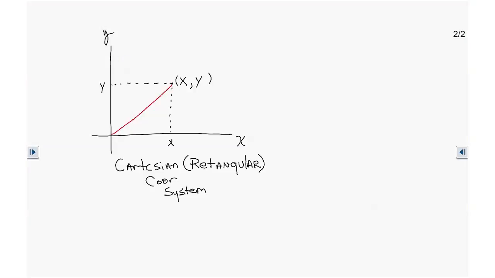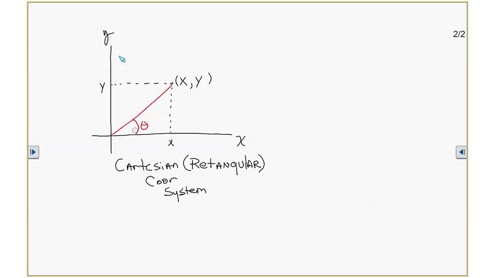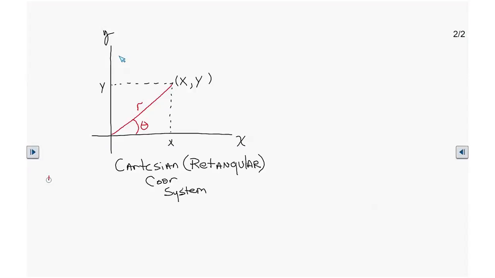You have a theta and you have R. So a rectangular coordinate can be written as a polar coordinate, and a polar coordinate can be written as a rectangular coordinate. And polar coordinates, you have